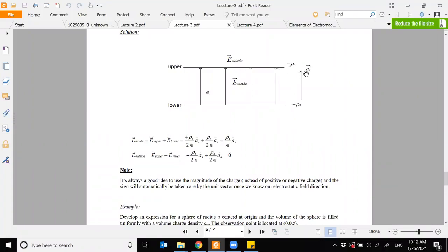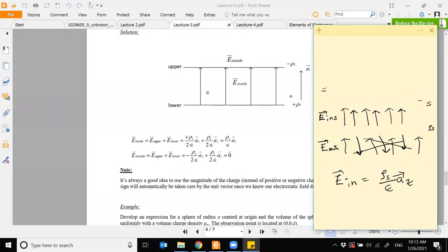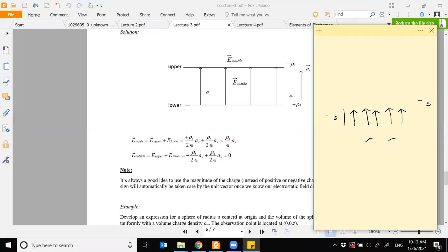That's why I always suggest to my students: let the unit vector decide the sign. So in this case, if you have a negative charge sheet, minus rho s,